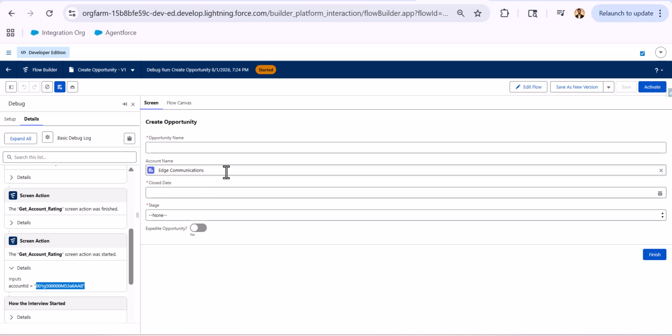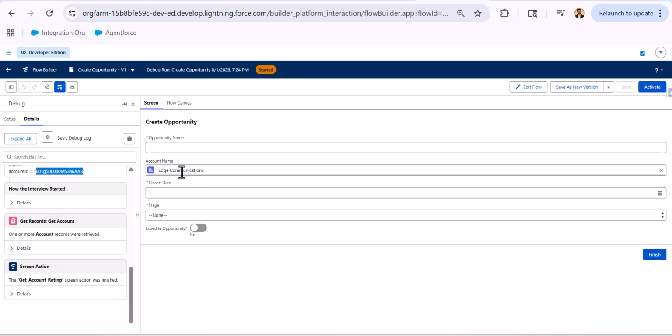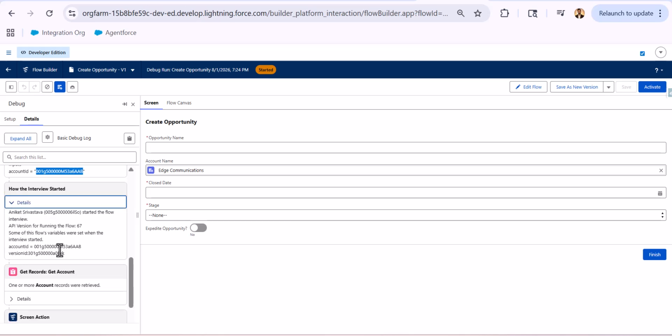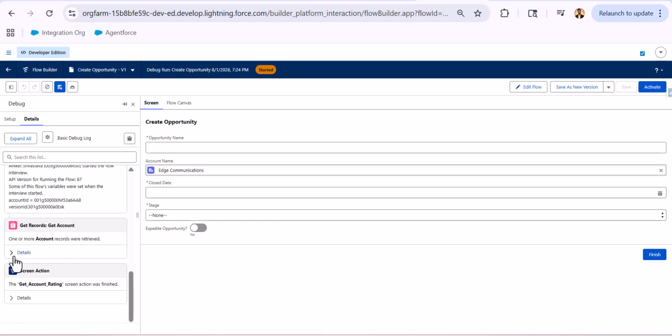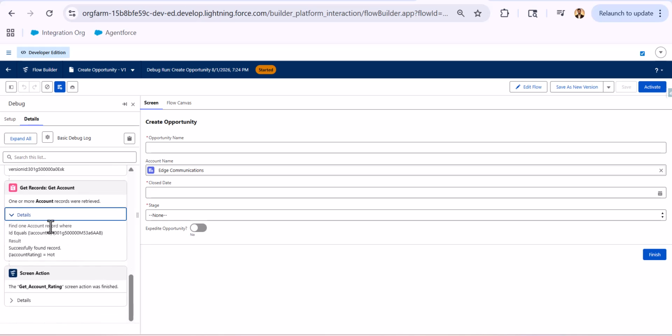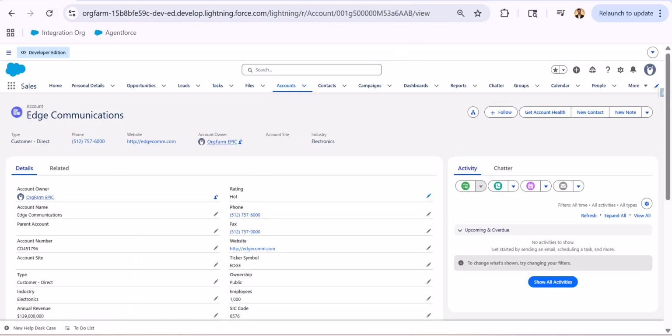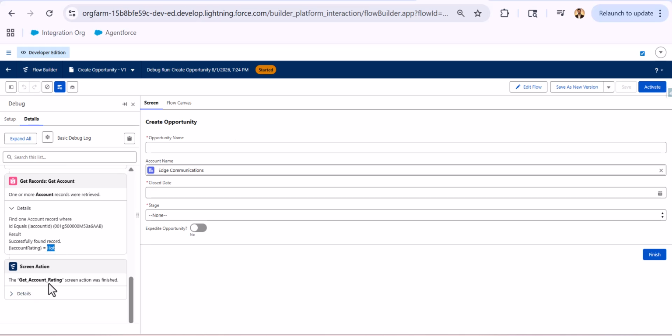But this time when we selected the account, this record ID, which is nothing but the record ID of Edge Communications, was passed as input. And then if we go to the get records element, right? Successfully found record, account rating hot. So the account rating for Edge Communications is hot, right? And the screen action was finished. And because it is hot, this expedite opportunity